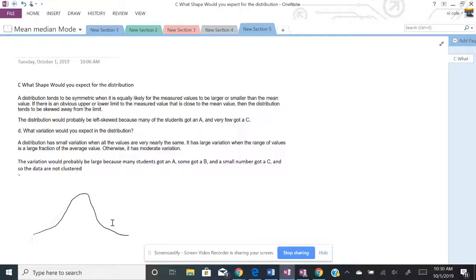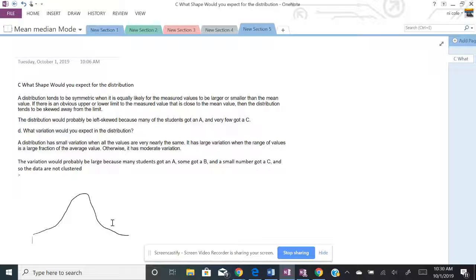Okay, and with this particular problem, what variation would you expect in the distribution? The distribution has small variation when all the values are very near the same. It has large variation when the range of values is a large fraction of the average value. Otherwise, it has a moderate variation. Here, we would have a large variation because so many students got A's. Some got B's, and a very small number got C's. And so the data